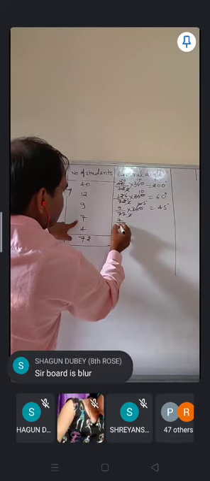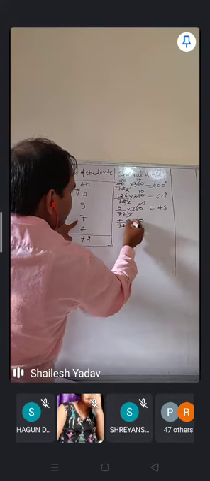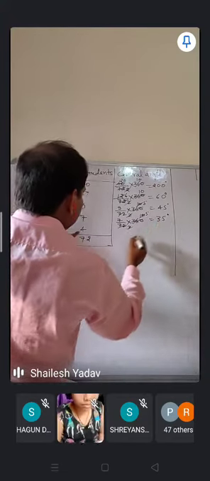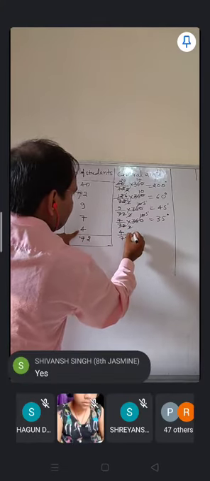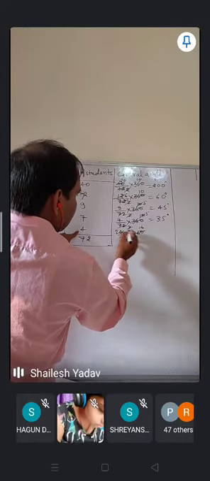7 upon 72 into 360, and again it will be 2 and it is 10, and 2 5s are 10, 7 5s are 35 degree. And here the last one is 4, so 4 upon 72 into 360, again it is 10, it is 2, and 2 2s are 4, that is equal to 20 degree.